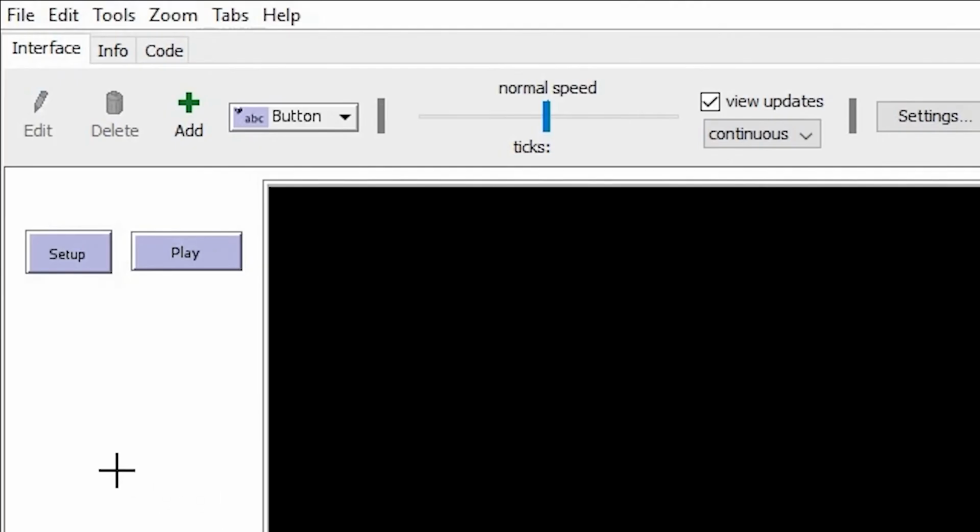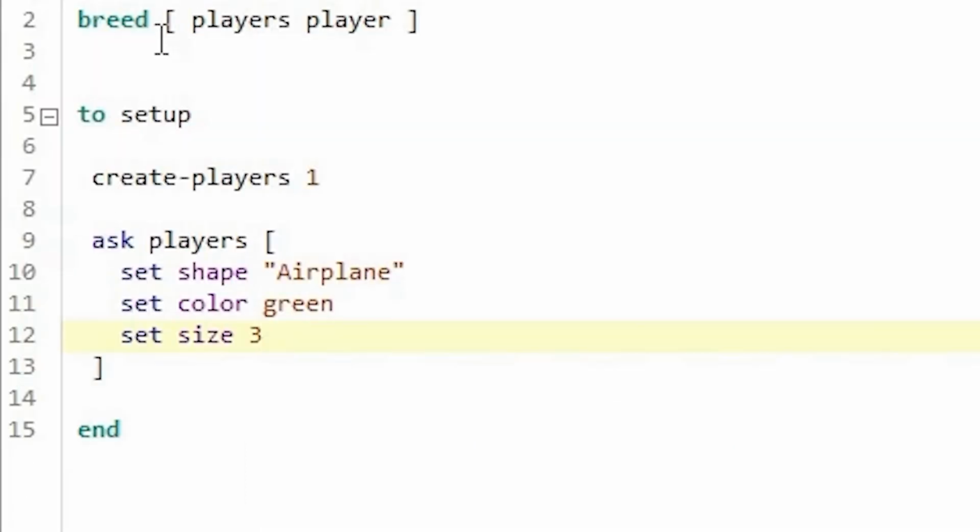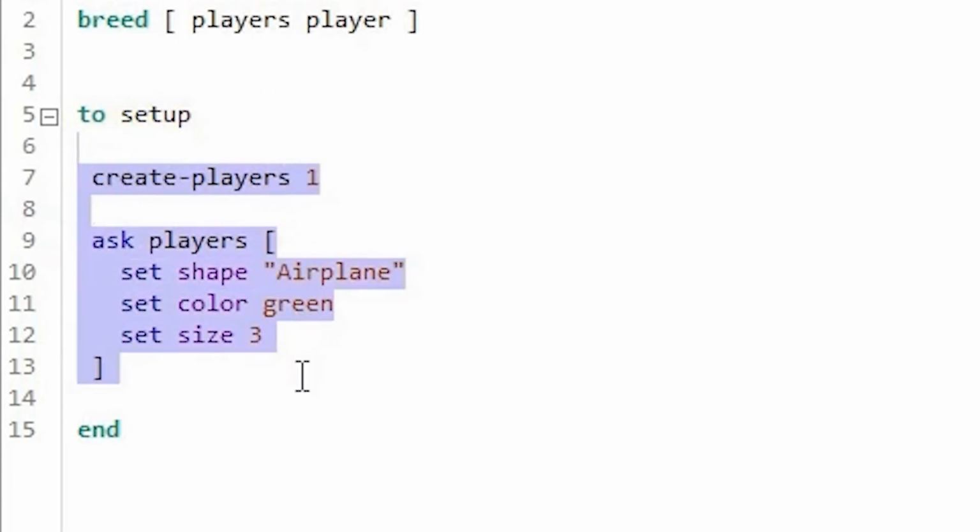So that means when I press this setup button, it's going to call this procedure called setup, and it's going to do these things. Now let's see what happens when I press the setup button. You can see something appeared here, green color, and a portion of it appears here, again green color.